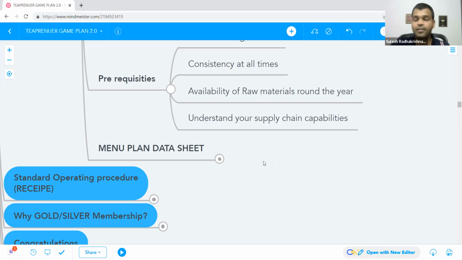The flavor, the kind of texture, all of these things will change from time to time because these agri products may not be consistent. It changes from season to season. Okay, pepper will change, cardamom will change, right? So standardization becomes a very, very difficult thing.